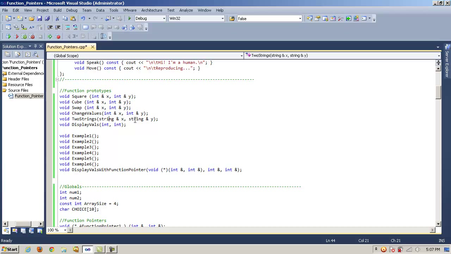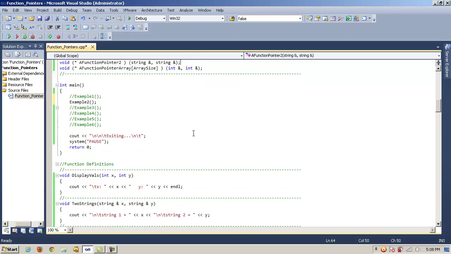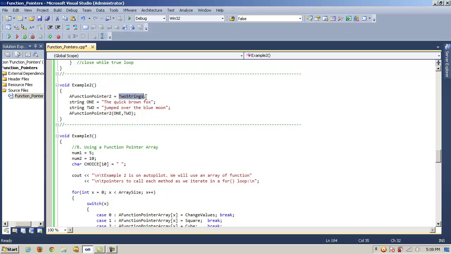toStrings takes two references to string objects. And remember that if you look at function pointer 2, it takes two references to string objects. So what the pointer points to has to match in terms of the number and the data type of the arguments passed in. So again, if we look at example 2, we can do this because the function toStrings accepts two references to strings, and function pointer 2 has been declared to accept two references to strings as an argument. So we'll set it up to point to the method toStrings, and we're going to build